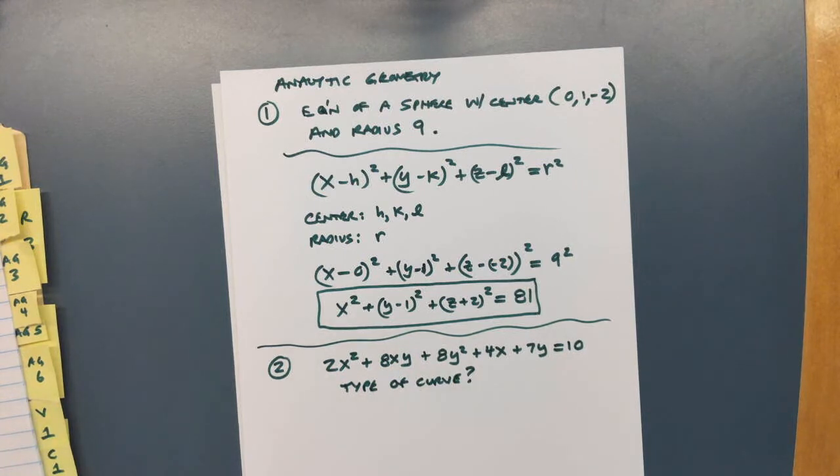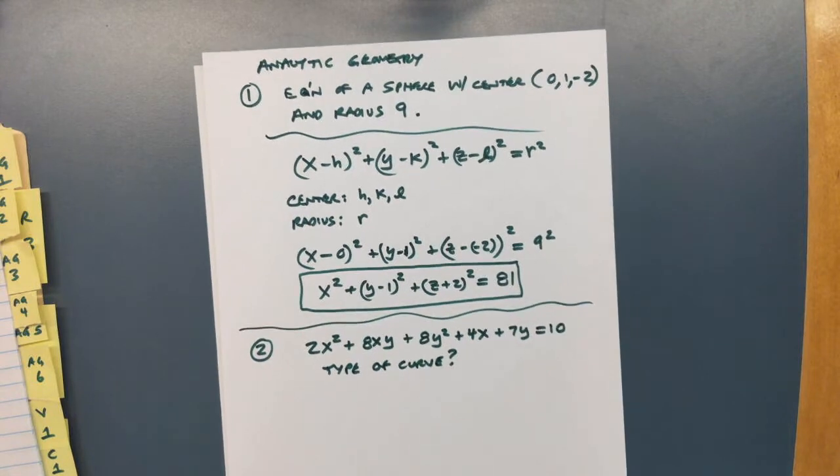Hard to tell by looking at it. This has to do with conic sections. Could be a circle, an ellipse, a parabola, a hyperbola,